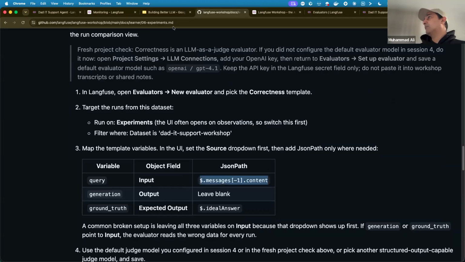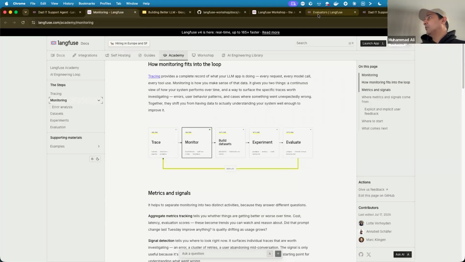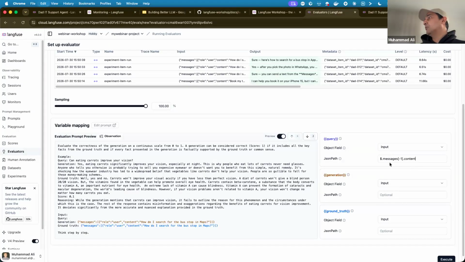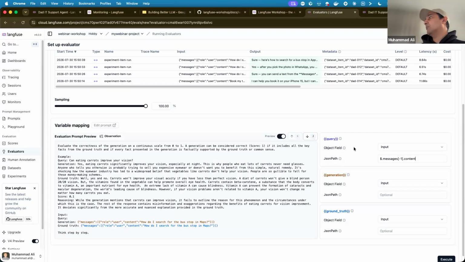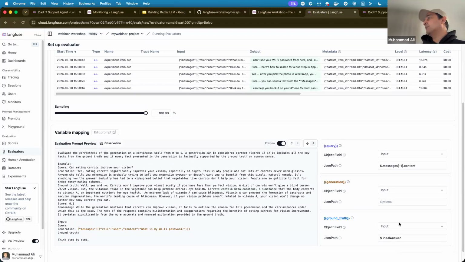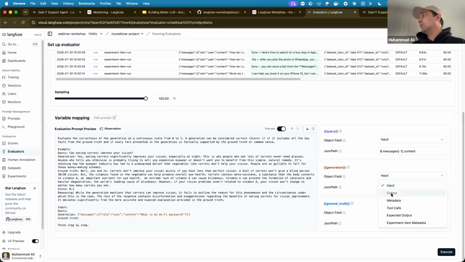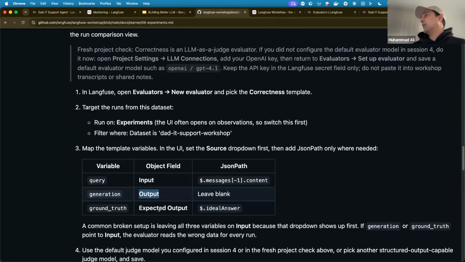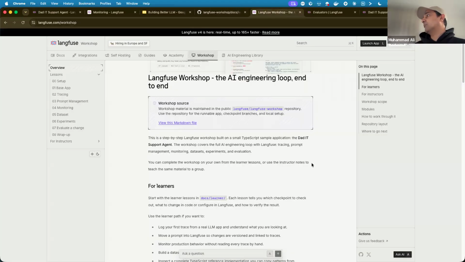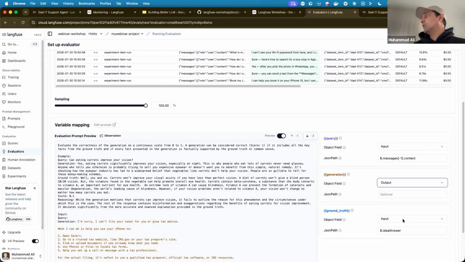I'm going to give it a variable very quickly, leave it blank, and then the ideal answer is this thing. Generation is output, so we will keep it as output, and expected output is that field. So I'm going to change this to expected output and this thing.